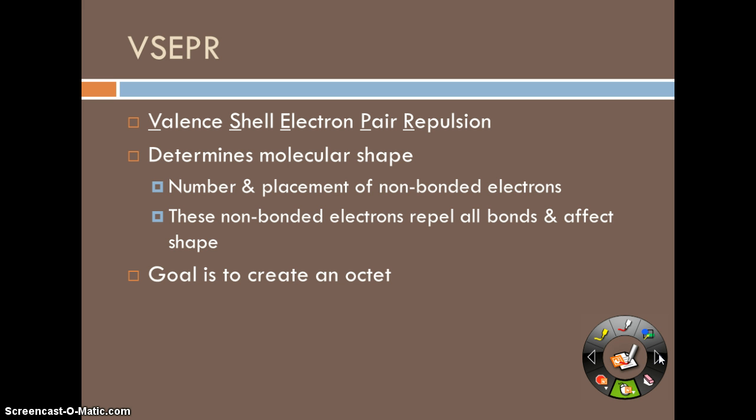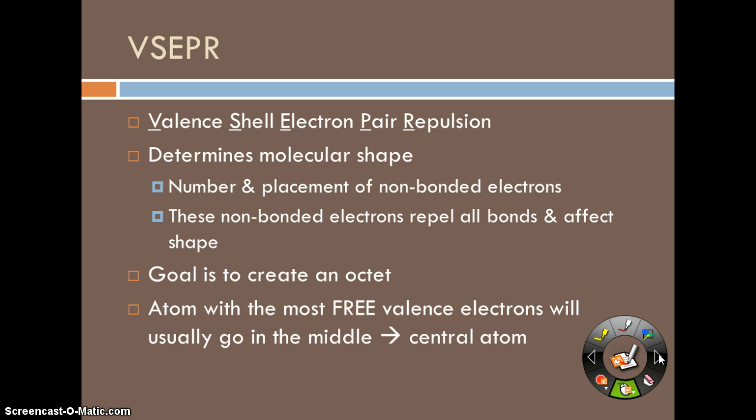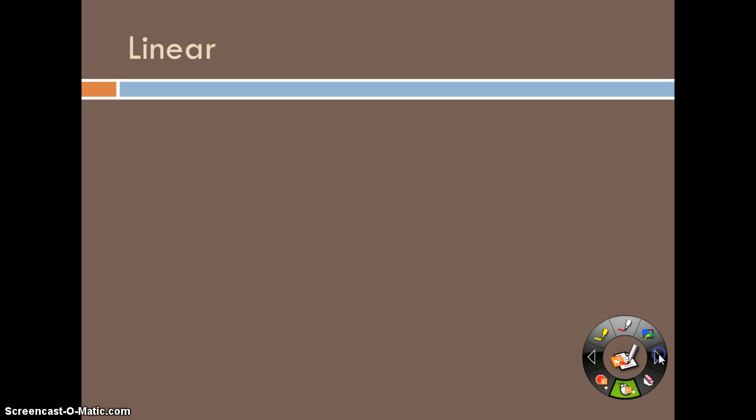Remember, our goal is to create an octet or fill your valence shell. Remember, the atom with the most free valence electrons will usually go in the middle. That's going to be our central atom. So if we look at a linear molecule, linear means it's going to be a line. It's usually going to have 1 to 2 bonds, and it's going to make a straight line. It's linear. So if we look at hydrochloric acid,